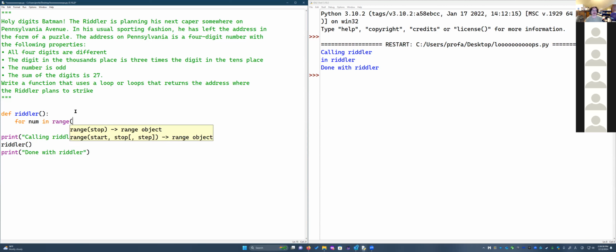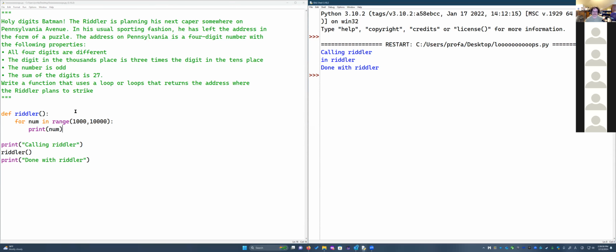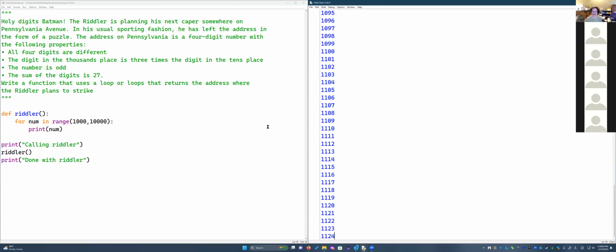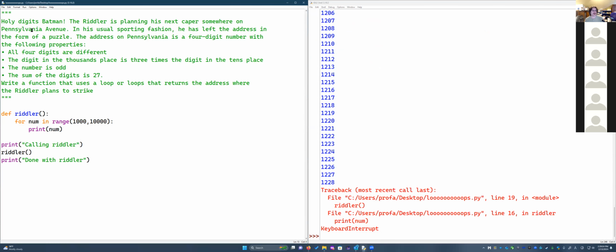Now we want to check all numbers in the range that start at 1,000 and go up to, but do not include, 10,000, right? And if I do this, right, so here are all the possible candidates. That's going to take a while. In fact, it's going to take way too long. So there we go. So now the idea is to go from all these 9,000 possible candidates and whittle it